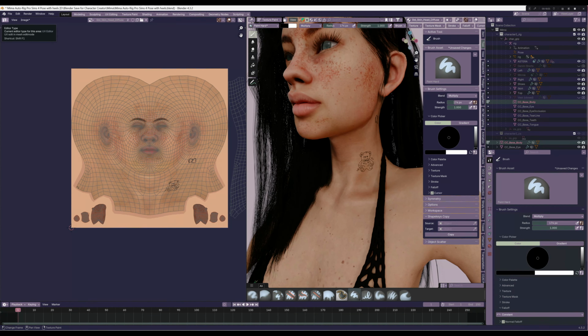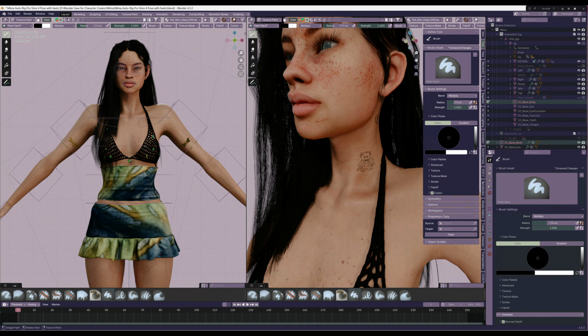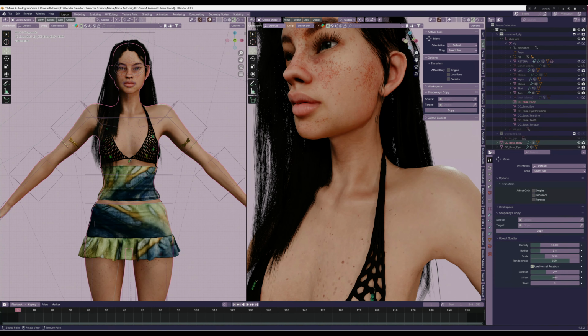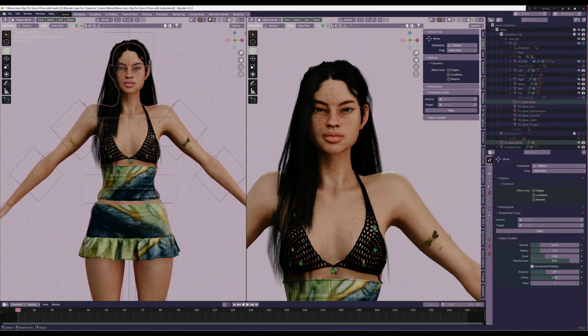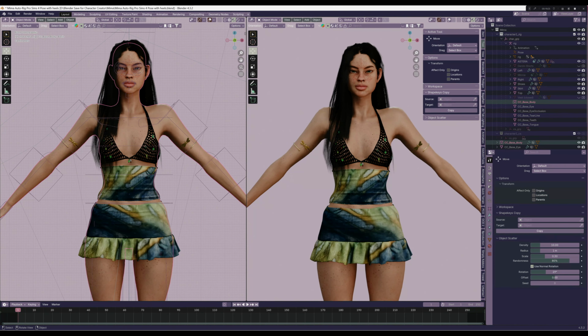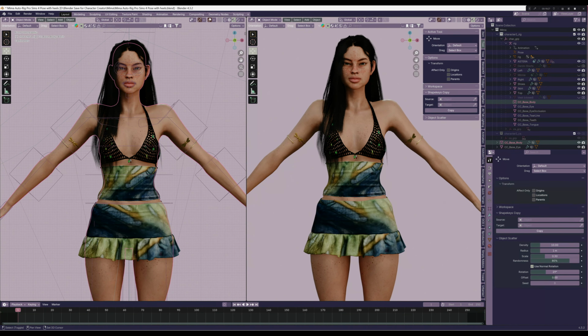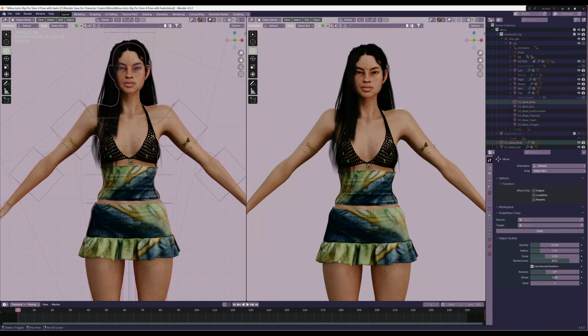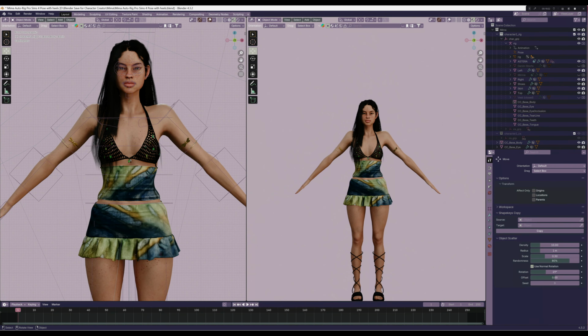And from there, it'll be saved onto that skin. So when you go to render, it'll be there. If you don't save it, it's not going to show up. So make sure you save it when you're applying tattoos, because like I said, if you don't save it, it's not going to show up, and all your progress won't be gone, but it's just going to be annoying for sure. But yeah, so that's how you do